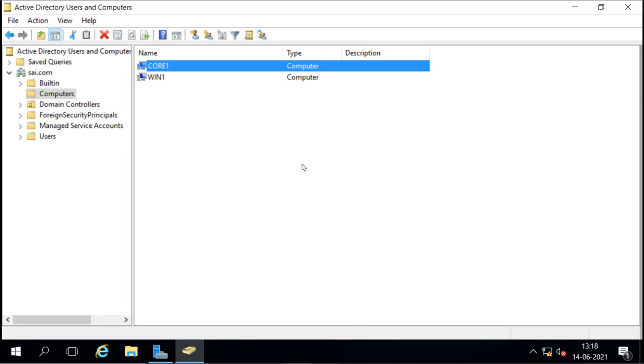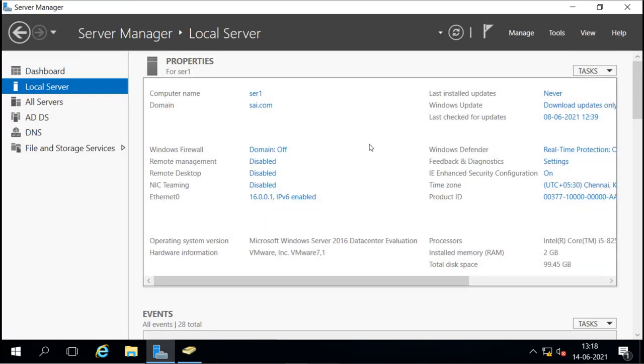So now this core server is also a member of our domain. Once you make the core server a member of a domain, you don't have to log into the core server again, because we can manage it from here. We can manage it from this graphical Server Manager.